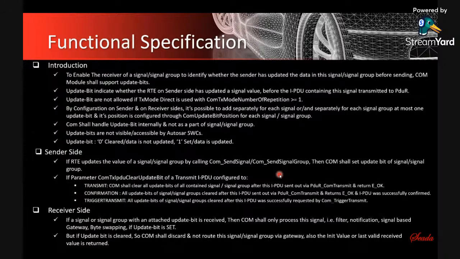So the signal group is written by the application, and the COM, if its transfer property is triggered, does the same steps according to the transmission mode evaluation of the IPDU, and then he will transmit it. If it's new data, he raises the update bit. If it's not new data, he skips the update bit, setting it to 0. At the receiver side, he knows what's happening there, and here he will choose what to do. If a signal group or signal which has an update bit attached is received, the COM shall process only the signals